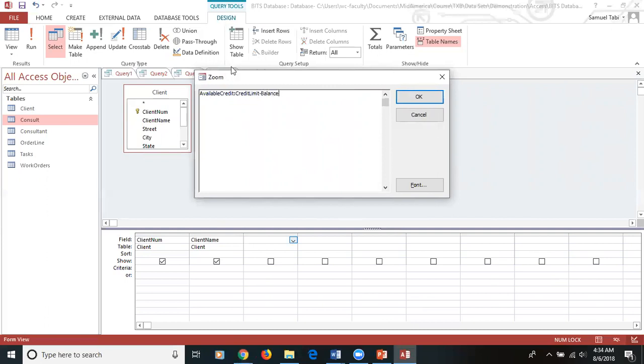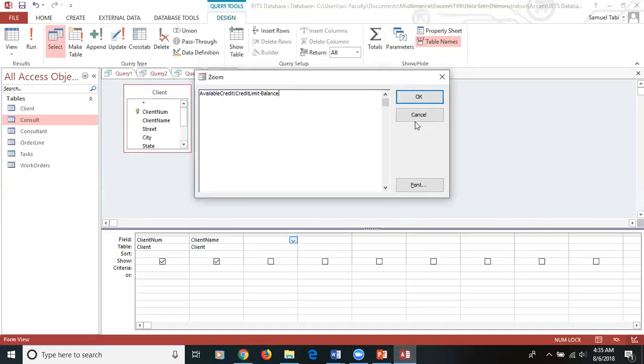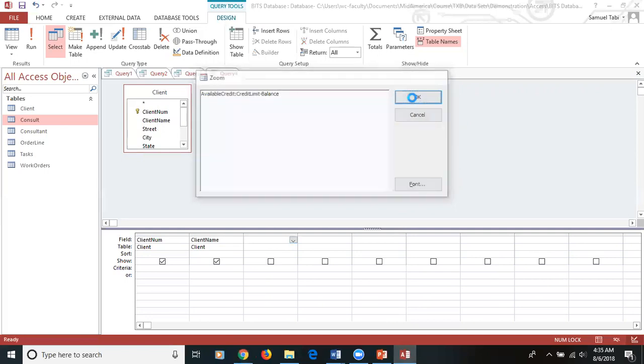balance. Now note that the credit limit and balance are fields found within your client table, and you want to make sure that you type these fields exactly as they are in the table. If they are not typed out exactly the same, you're going to have an error message. So let's double check and make sure that we have that right. So your credit limit minus balance, and then of course you go ahead and hit OK